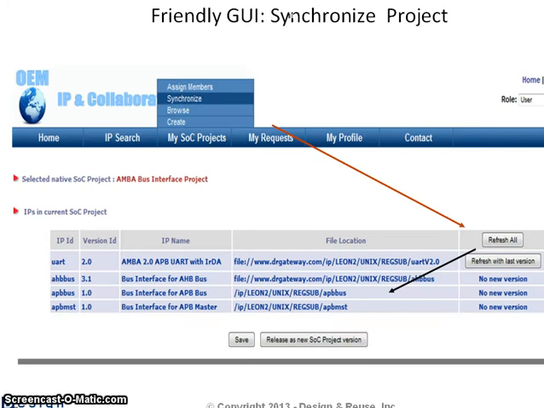Similarly, synchronize is extremely simple also. You have a project with version, and suppose that in the IP catalog a new version of an IP is available. Automatically the project manager will be alerted, and then he just has to click on refresh, and automatically a new version of the project will be defined, with the new version of this IP. So you can select at once one or several refreshes. Automatically the top directory is recreated and stored, depending on the architecture, in the remote repository.